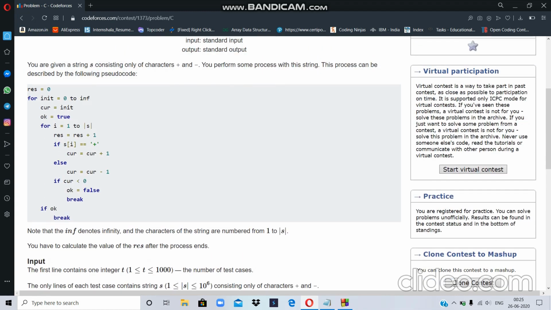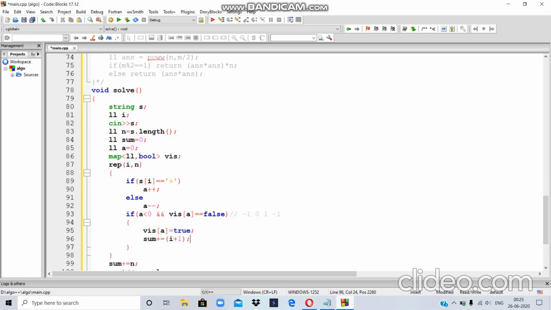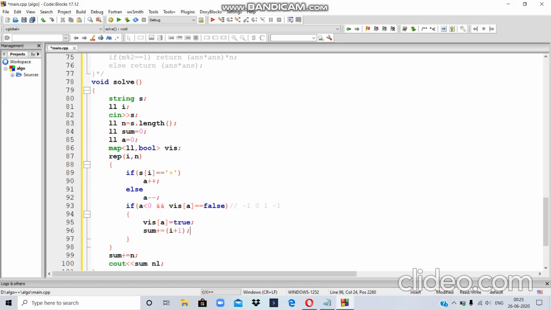Now we'll go on to the code. In my code, the only new thing you will find is that I have taken a map between long and a bool. I am using this map to store the first occurrence of a number. Suppose these are the values of A: -1, then 0, 1, then -1 again.